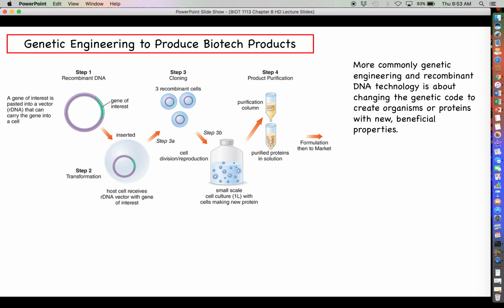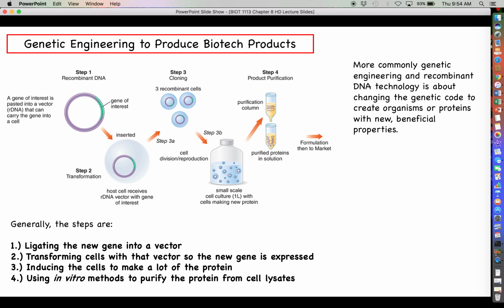Basically, what we've been saying all along, the whole idea of biotechnology in general is to essentially trick cells into doing things that we want them to do, whether it's make something or take something away. We're tricking cells into getting them to do what we want them to do. So genetic engineering is all about manipulating the DNA and making new recombinant organisms that do not exist in nature,